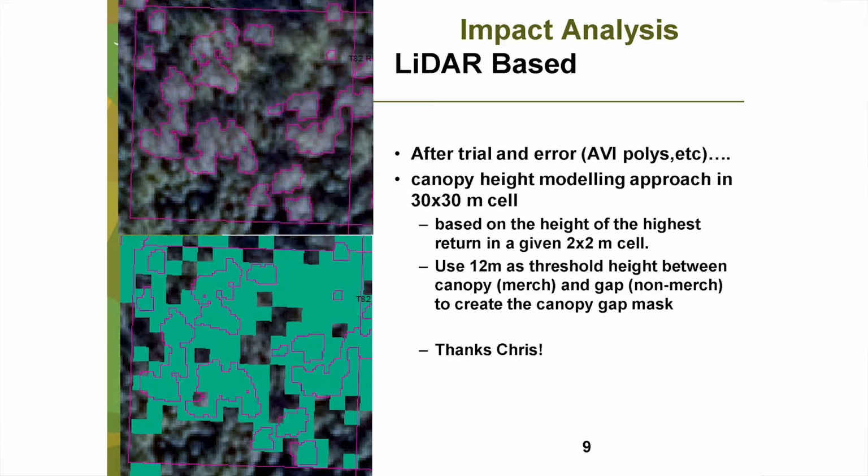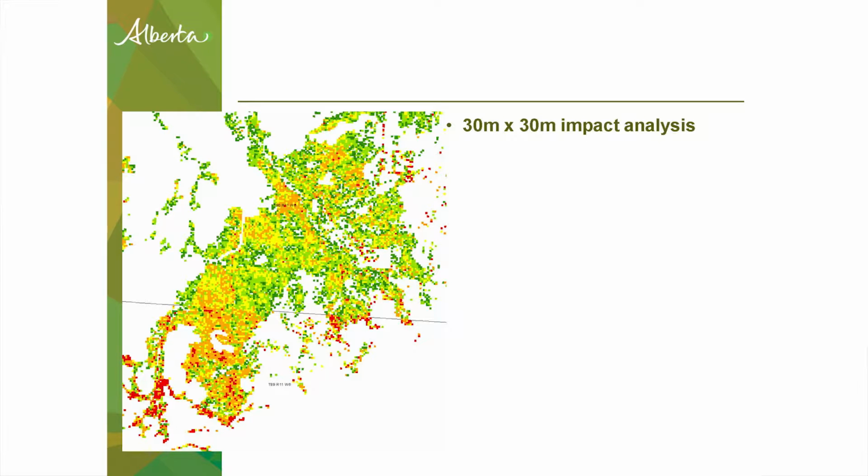I've been working with a remote sensing specialist in our branch, named Chris Bader, and he was very helpful in this. So this is what that pixelization looks like. All of these have some level of impact, but it's based on the initial data. What we then did is group these pixels and try to make disturbance unit polygons out of them, with an AVI call of half a hectare or greater. So as soon as you had 6 continuous pixels of a certain percentage, that created a disturbance unit.